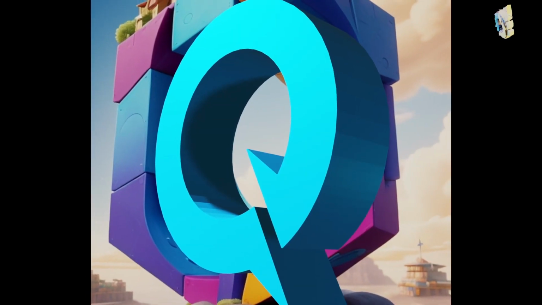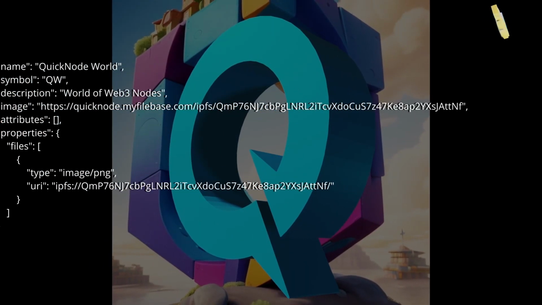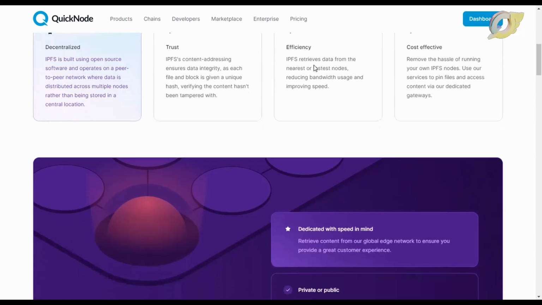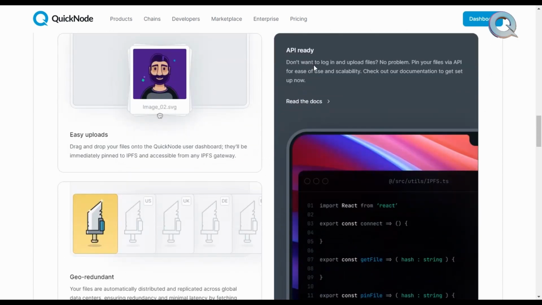As a preliminary step, we'll prepare our NFT image and metadata in a decentralized storage service. Today we will be using QuickNode IPFS, a high-end IPFS storage service for solutions that require fast, highly available access